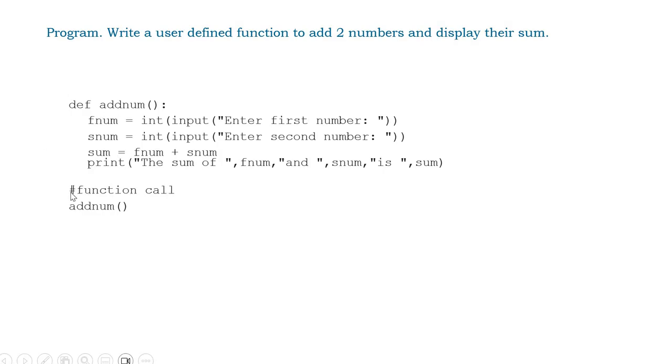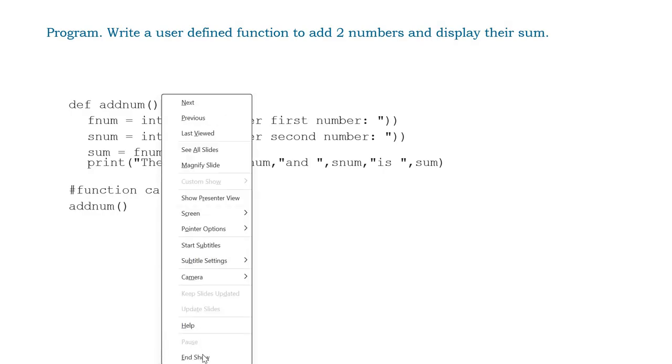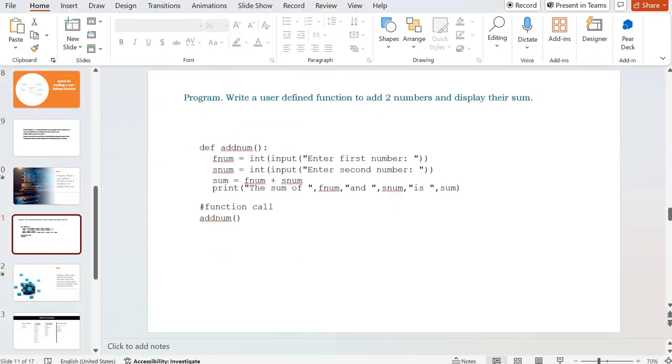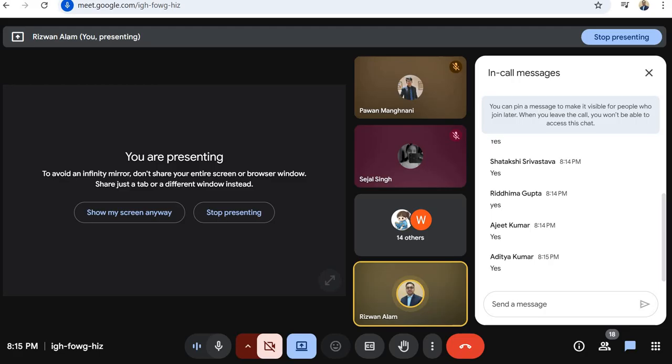Then for the function call: after a hash, it means it is a comment line saying that here we are going to call that function. So simply you write the name of the function and use brackets. If there are parameters, you provide them; here we have no parameters, so you can simply call it like this. Okay. So without discussing all of this on slides, let me go to